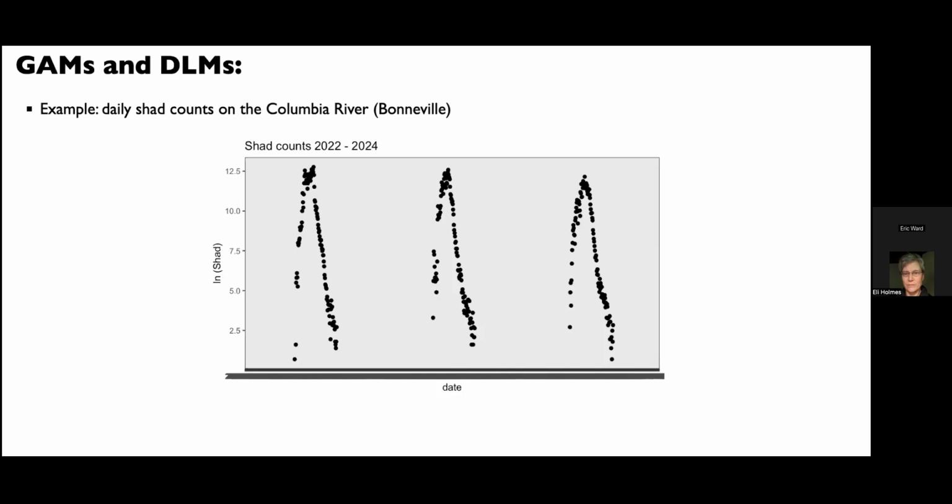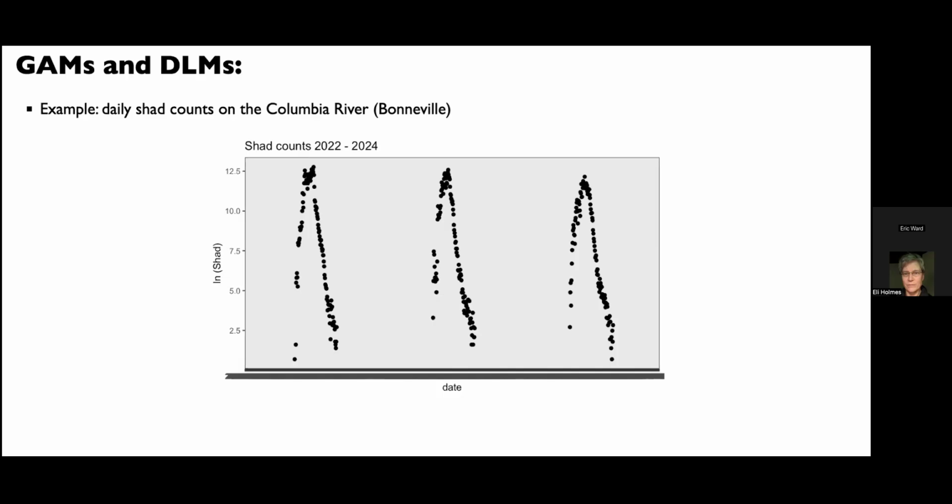You could certainly fit these models using univariate state space models. That's totally fine. The challenge is that when you do that, you're going to be estimating a value for x of t for every one of these daily counts, for every day in this window and in this window. As that random walk gets further and further away from data, the uncertainty really balloons, so we're going to get really big errors, and we're going to be estimating parameters that we probably don't need to be estimating, because we don't really care about our predictions in this window. If shad are not counted here, they're not in the system. We don't really care. So this is the kind of data where GAMs might come in handy,